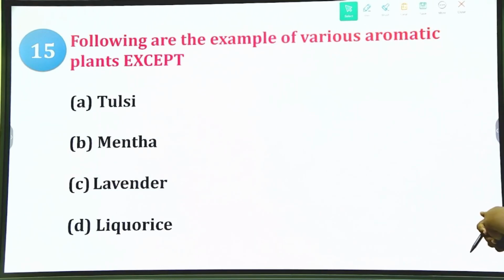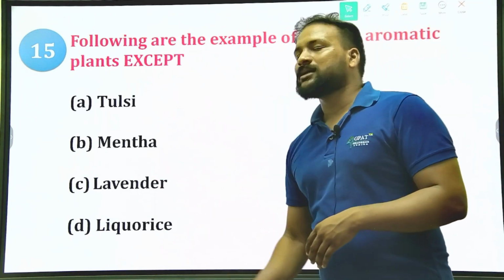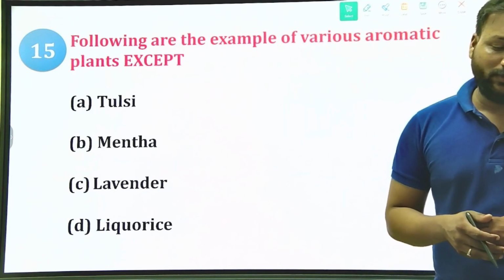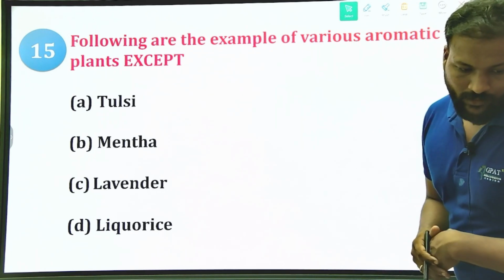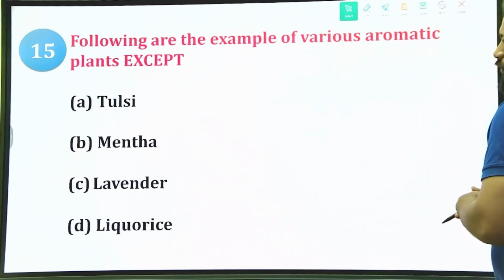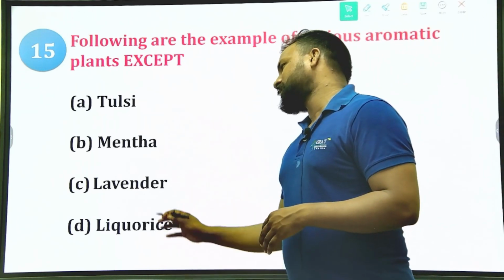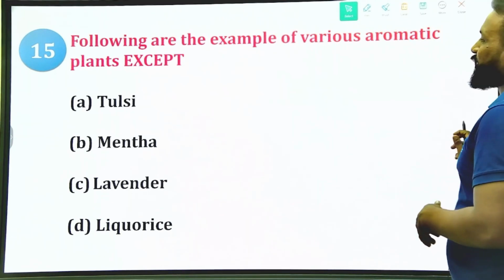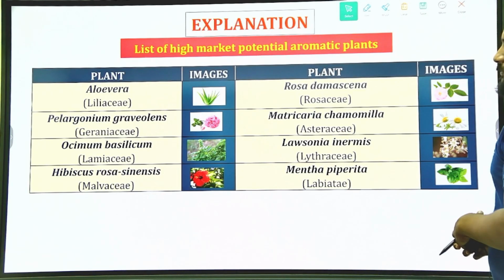The following are examples of various aromatic plants except. So, in this, one plant is not a volatile drug. That's what they are asking. Which of the following is not a volatile containing drug? Which of the following is not a volatile drug or aromatic plant? So, undoubtedly, tulsi is aromatic, mentha is aromatic, and lavender is also aromatic. But liquorice, Glycyrrhiza glabra, is the right answer, which means this is not a volatile containing drug,